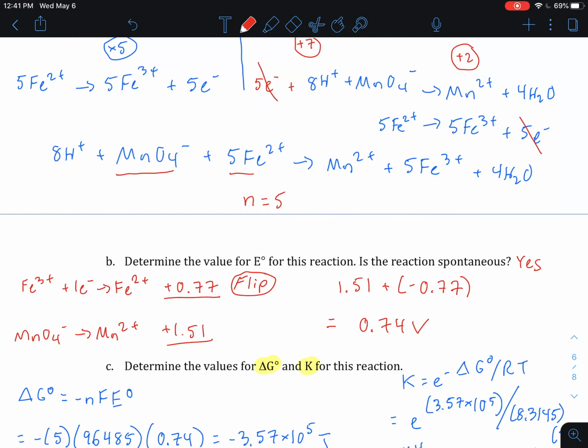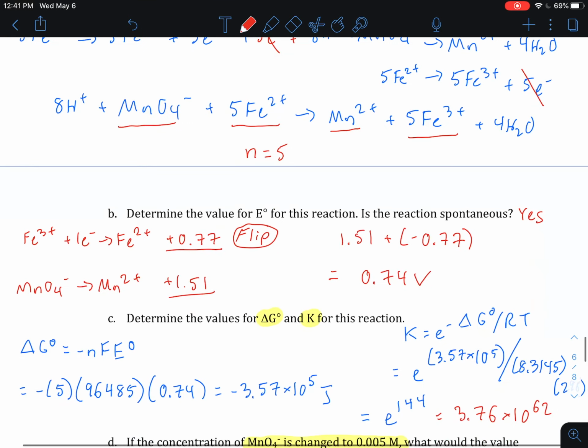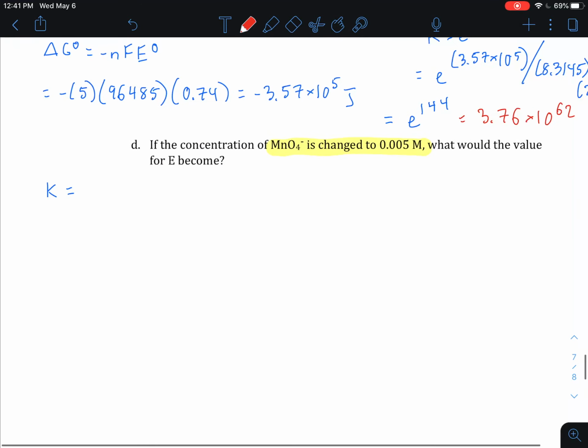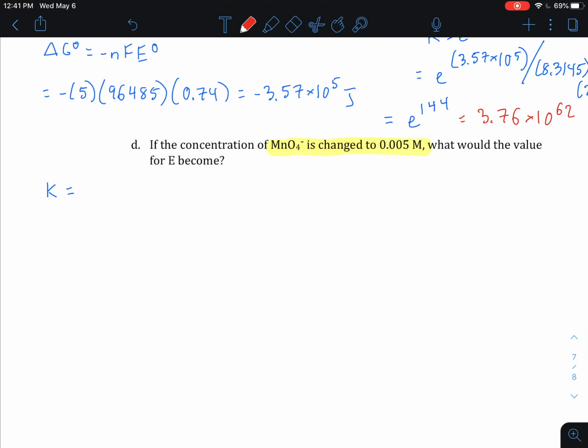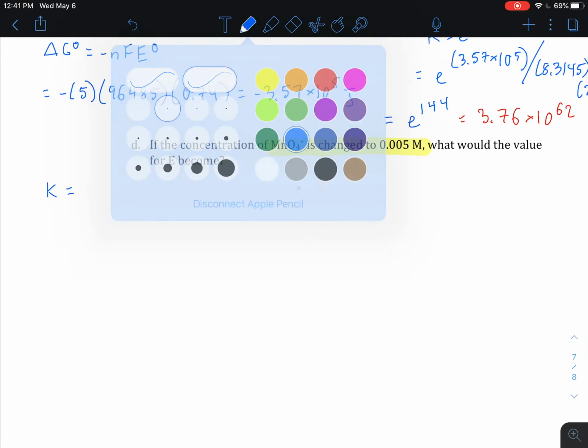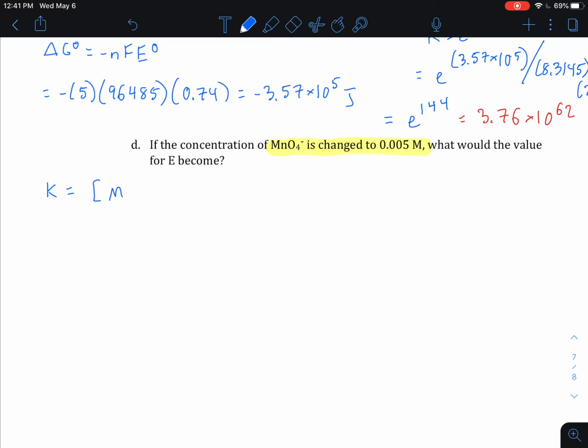So let's scoot up to part A. And so now on the reactant side, the important things are the permanganate and the iron 2. And on the product side, the manganese 2 and the iron 3. Nothing else is going to show up in the expression. So it'll become